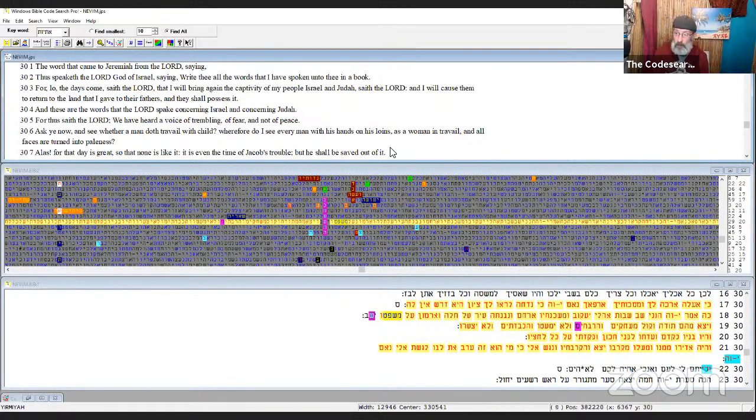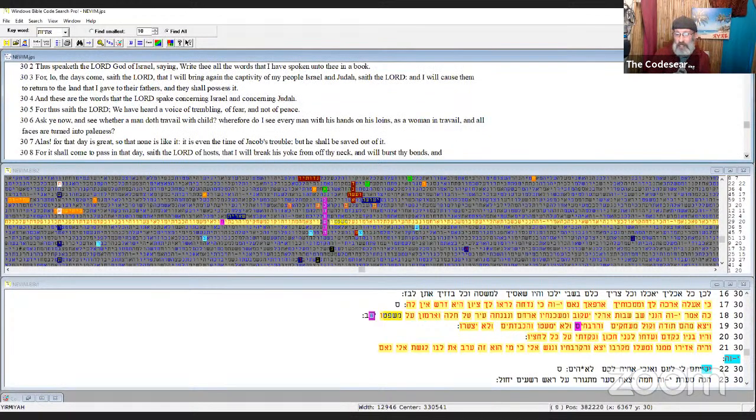But if you're part of a group called the church in any way, he is not talking to you here. Jacob's trouble is about Jacob, the remnant, and he's in distress. But the Father comes to save us out of it. We're not being punished here. We're being persecuted. That's what's happening. The Father comes and saves us out of it.